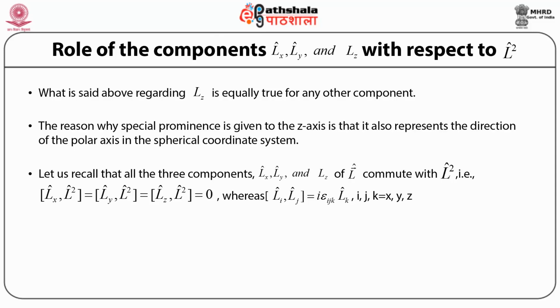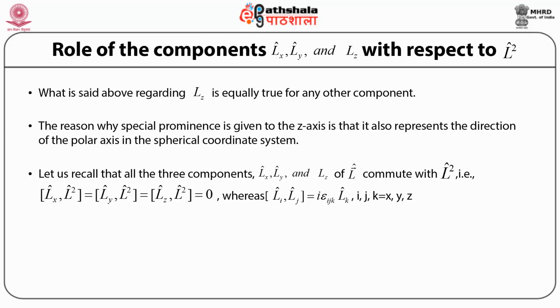This is also equal to the commutator of operator Lz with operator L square, and all of them equal 0, whereas the commutator of operator Li with operator Lj is equal to iota times epsilon ijk operator Lk, where ijk